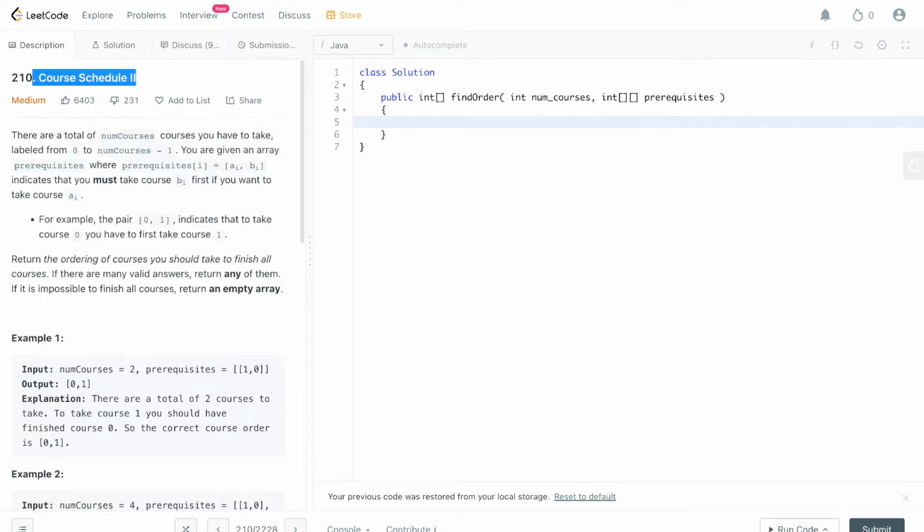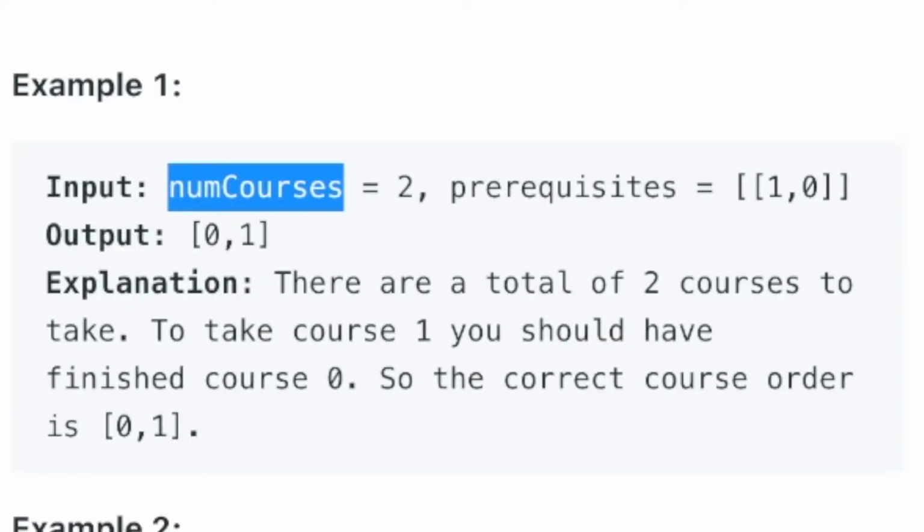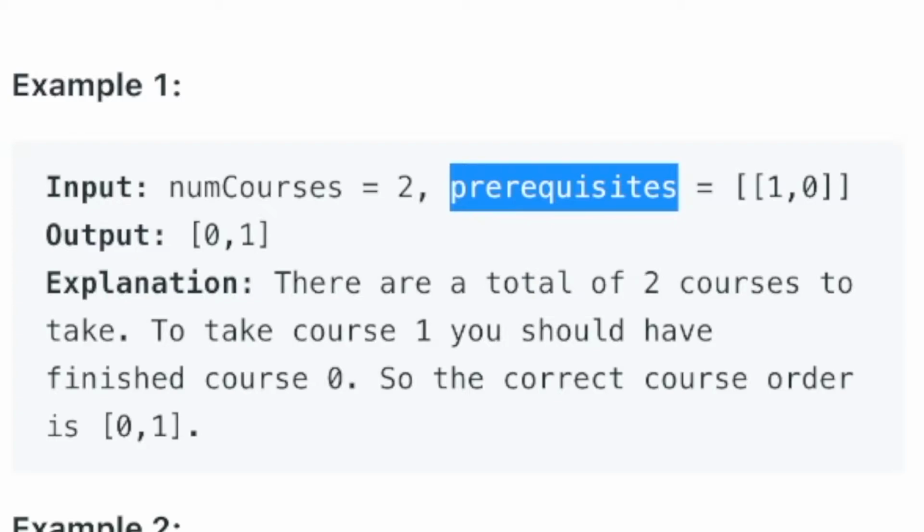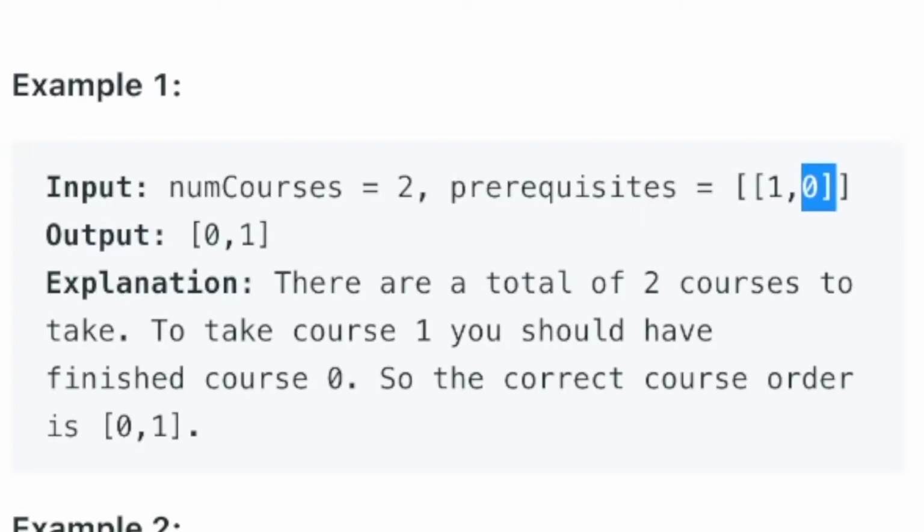All right, we're going to do Course Schedule 2 on LeetCode. They give us a number of courses and some prereqs. In this list of prereqs, the course on the right is the prerequisite for the course on the left. So we have to take course 0 before we can take course 1. And in the output, they want us to return the ordering of the courses that we have to take to